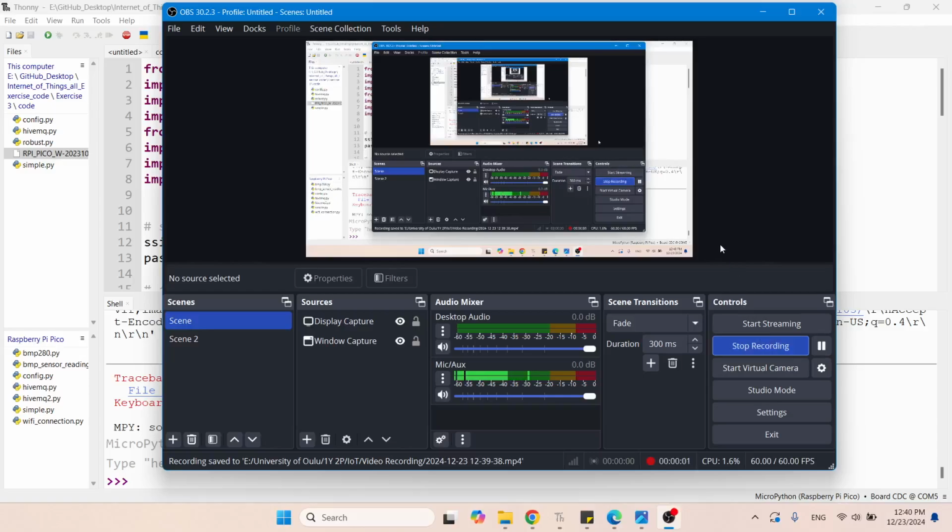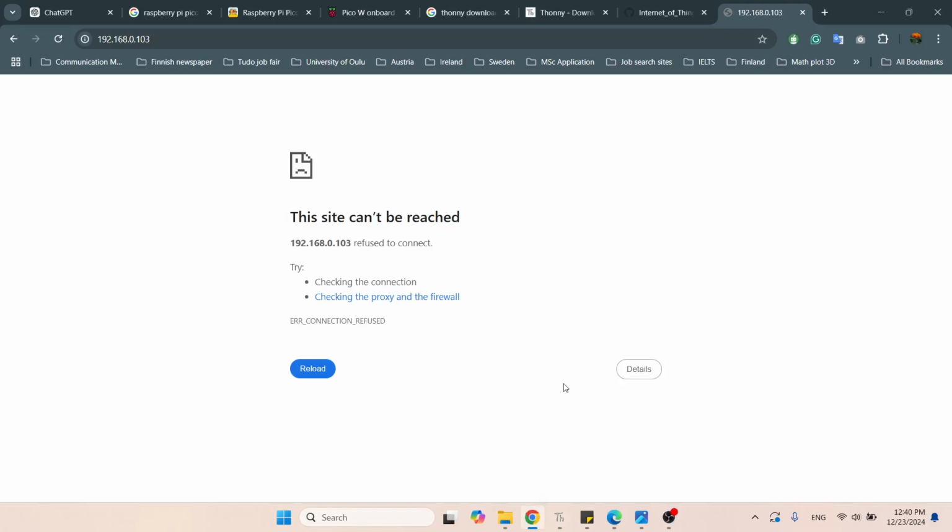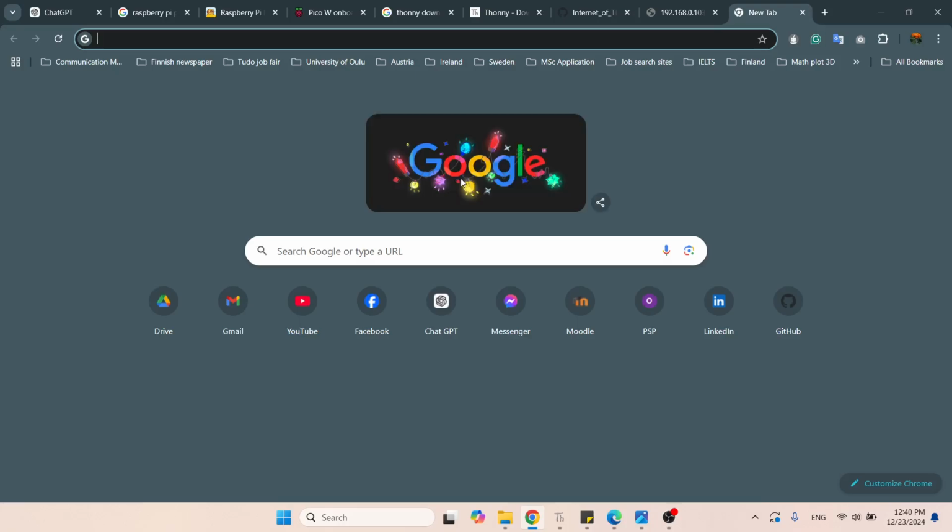In this exercise we will use HiveMQ. We will send all of our data to the HiveMQ server. It is an MQTT server where you can see all the incoming data. So let's first go to HiveMQ,